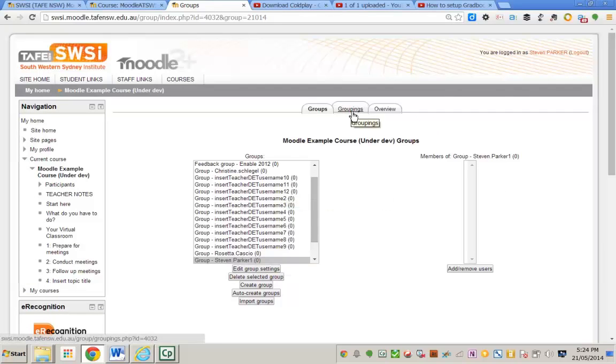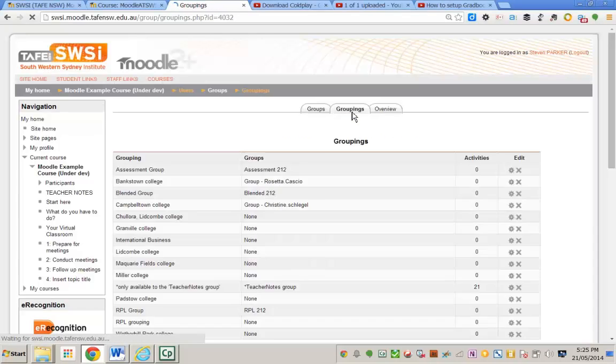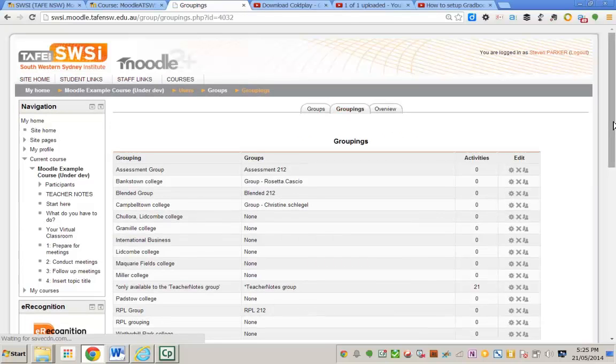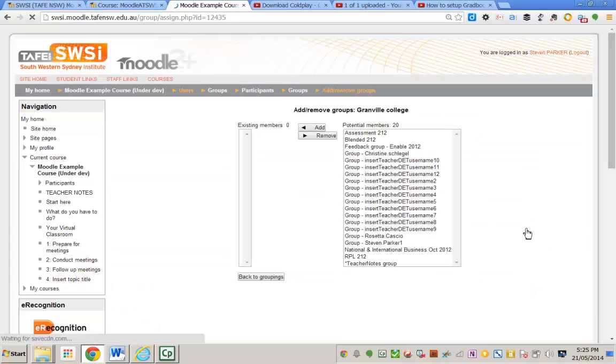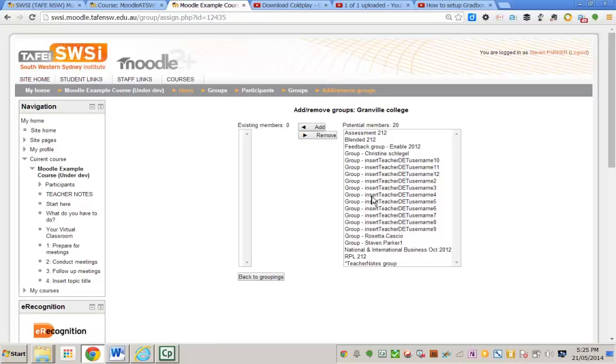You may also wish, if you're going to have location specific content, to go and associate the teacher groups with a particular location. So for example, Rosetta is teaching at Bankstown, Christine's teaching at Campbelltown, Stephen is going to be teaching at Granville, so we'll go over here and go show groups in groupings by clicking on the little people icon, and we'll associate Stephen's group with the Granville